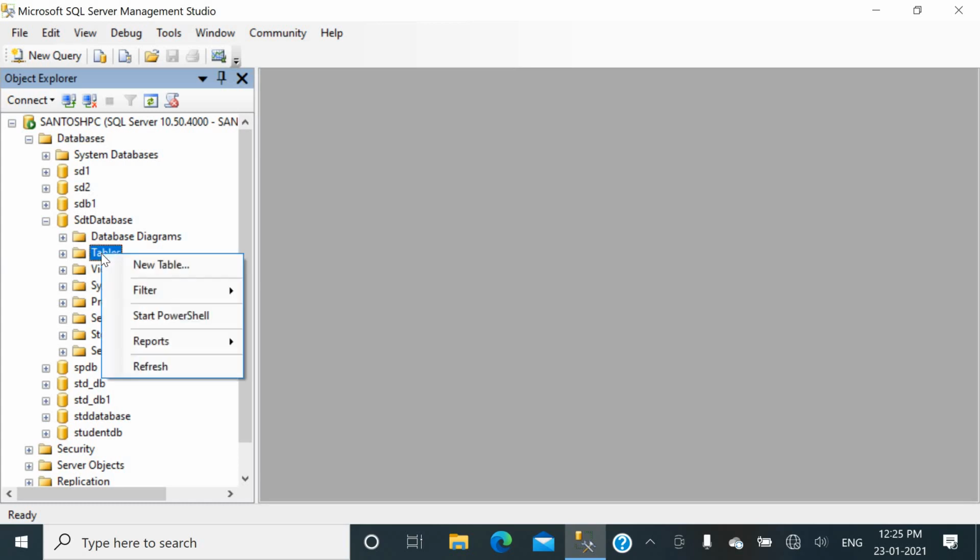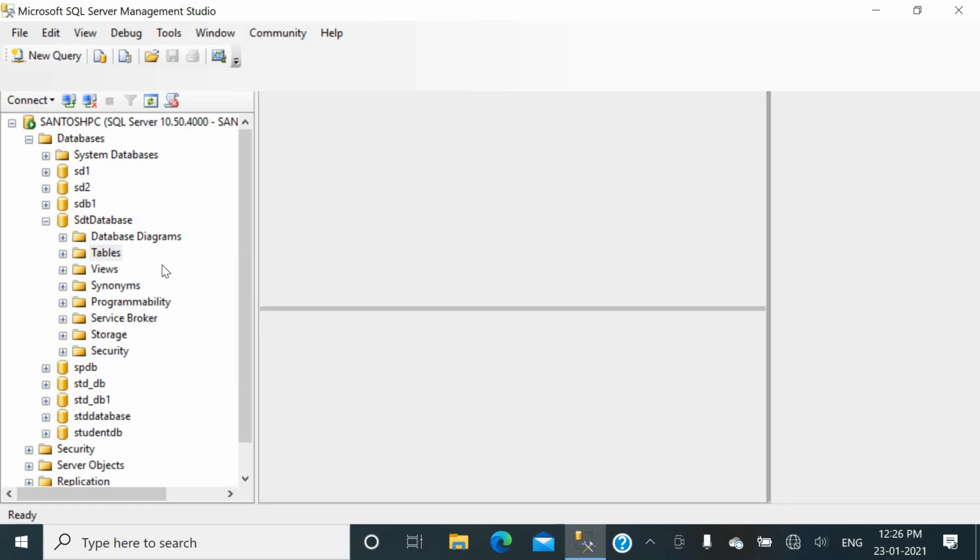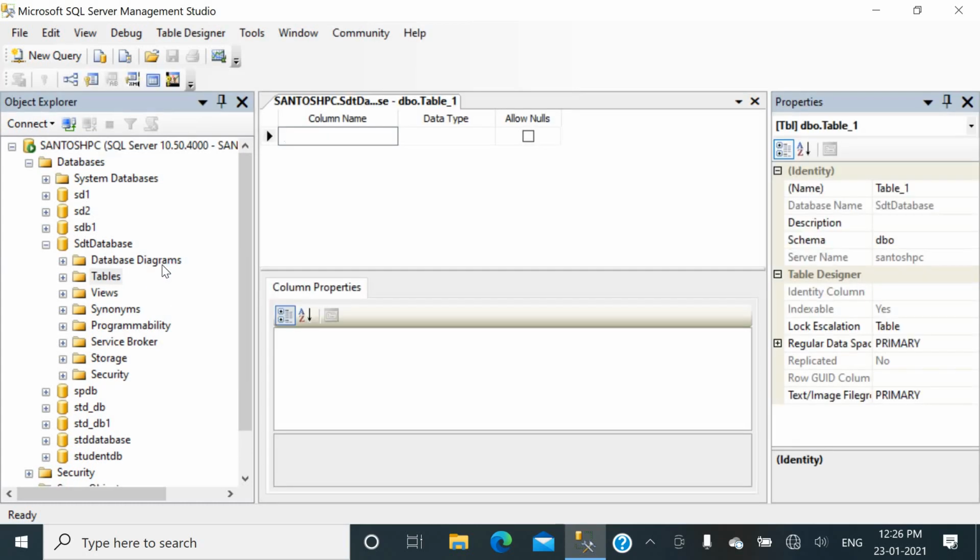We have to right click on the tables and choose the new table option from it. So you will get one dialog box and designing of the tables. Here you will get the column name and data type and allow null fields. So here in the column name field you can give the attribute list or column names to your table.